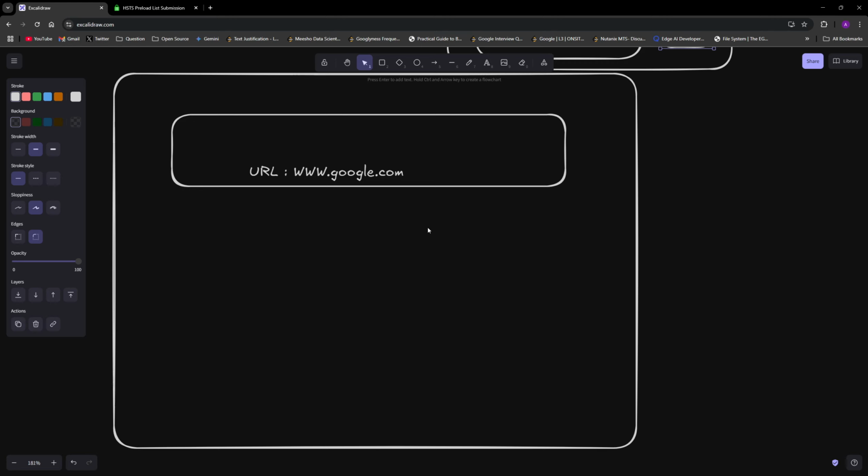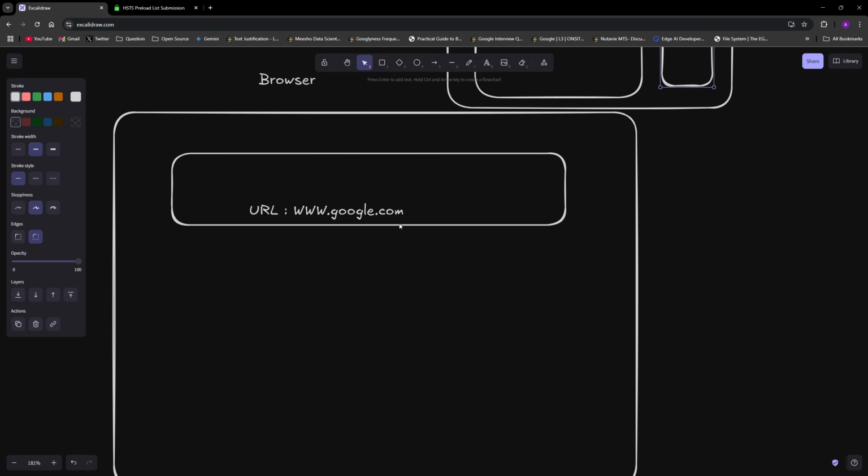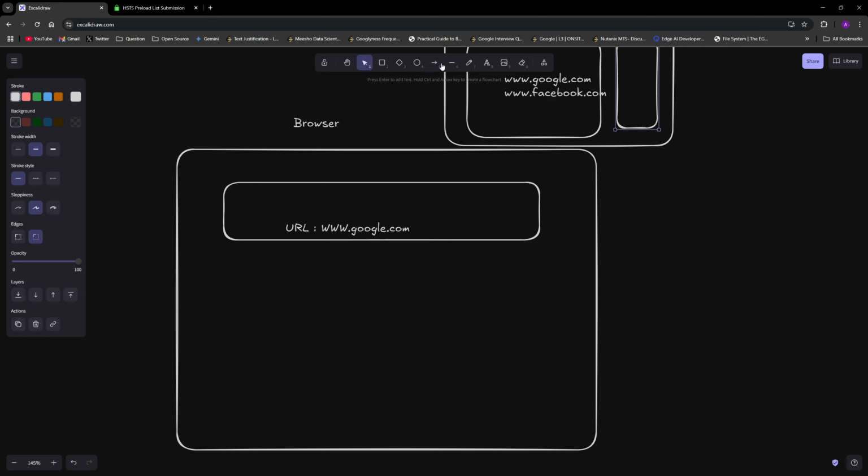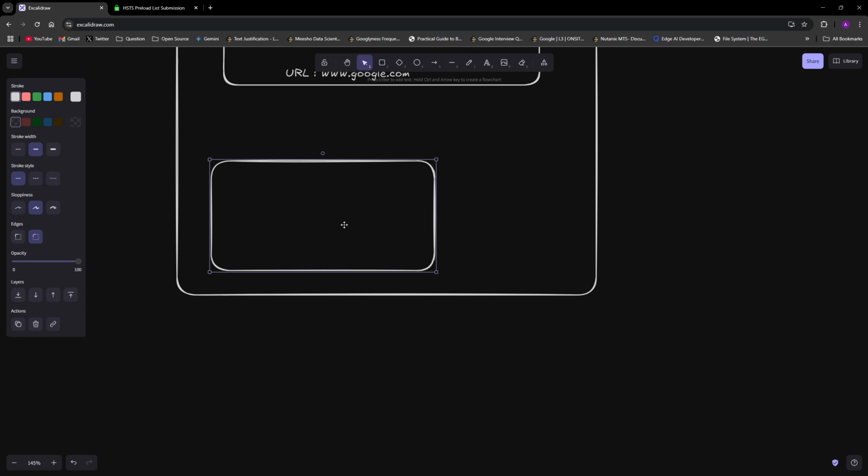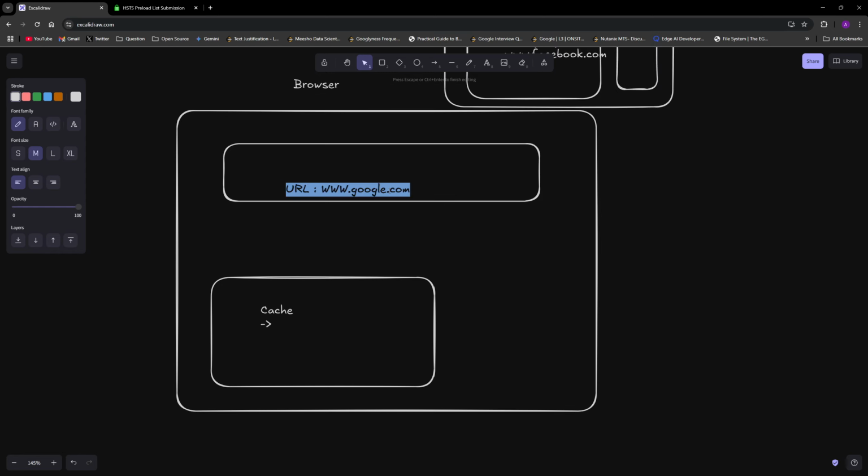Now, as I said, your browser needs that IP address. So your browser will have its own cache. Let's understand it: if you typed google.com like 1 minute ago, and again you type www.google.com, the information of this conversion,